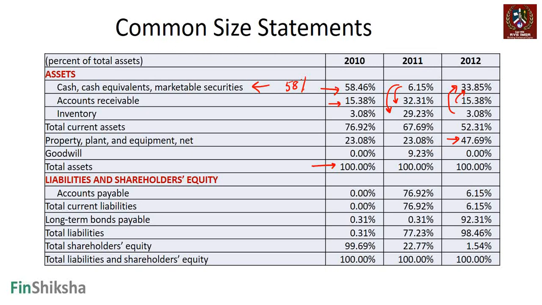At the same time, we're also trying to gauge, in case we want to compare this across companies for the same year, which company has what ratios available, right? What kind of proportions with each of the headers. So a firm with higher cash numbers would probably be more stable. A firm with higher debt numbers will be unstable. So you could then start looking at individual characteristics and start comparing firms with respect to those common size statements,